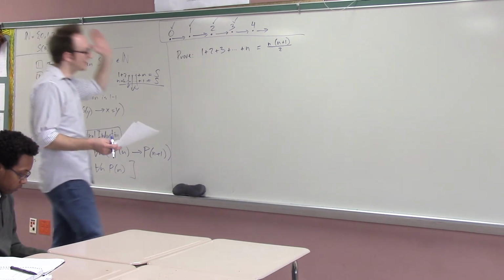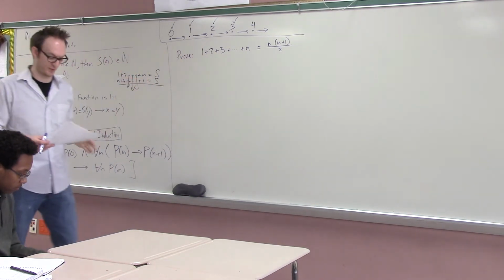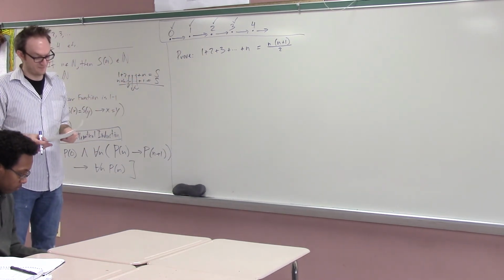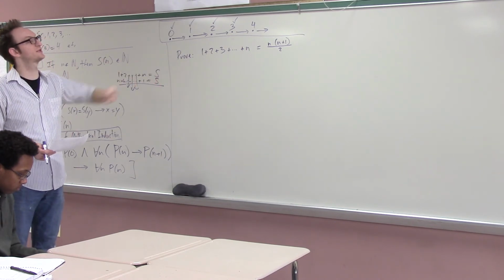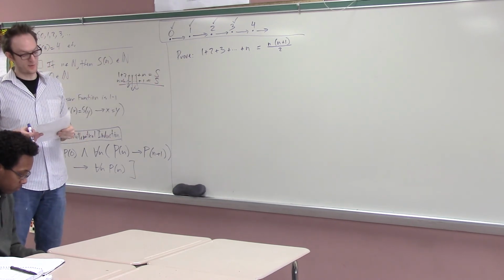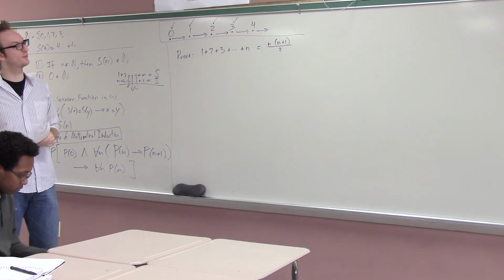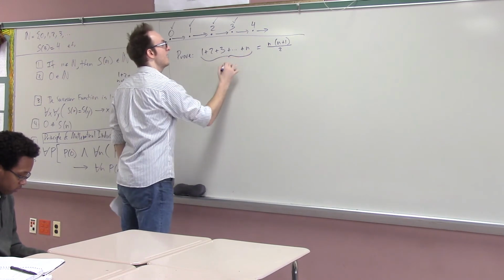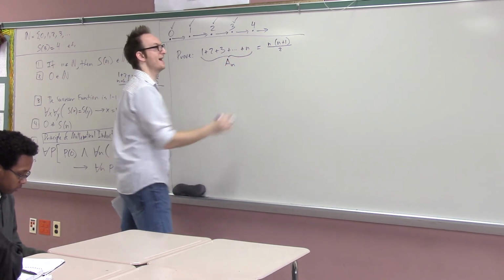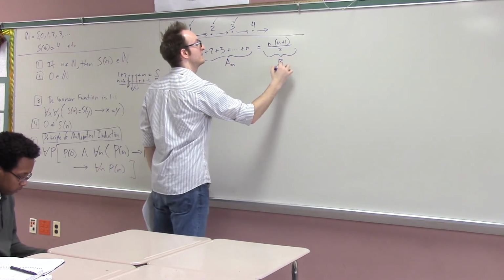All right, so I'm going to show you how this goes. I'm going to pick one that we've already done before because this is nice to explain what's going on. I want to prove that this is true. And specifically what I want to prove is that it's true for all numbers. All right, so for convenience purposes, I'm going to call this a sub n, and I'm going to call this b sub n.